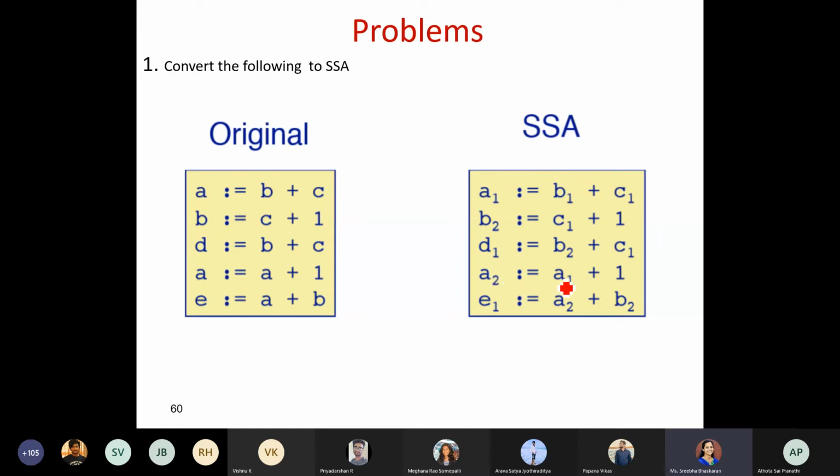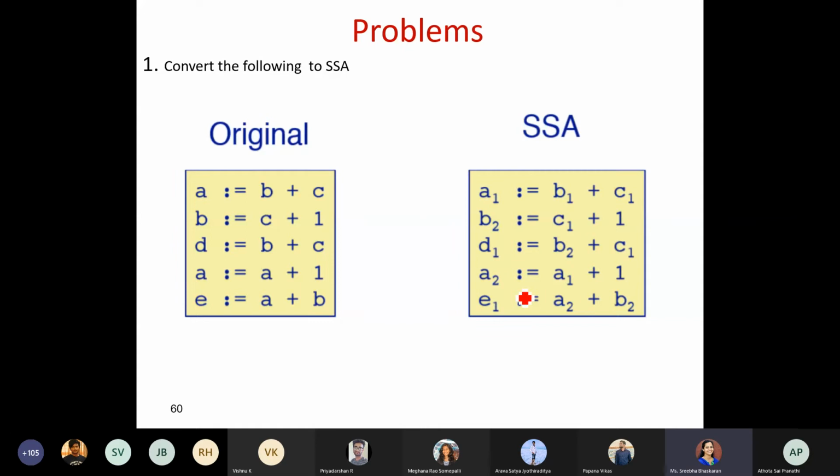Okay. After that, in the fourth expression, we have A equals A plus 1. Which A do we have to use on the right hand side? It is A1, so A1 plus 1. Once you are updating it, it is incremented to A2. After that, the last expression is E equals A plus B. Which A do we take right now? A2, the recently updated one.